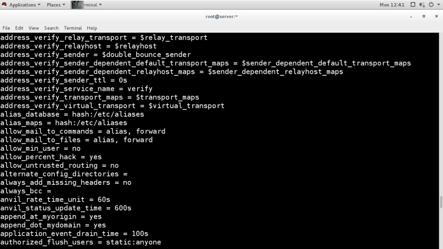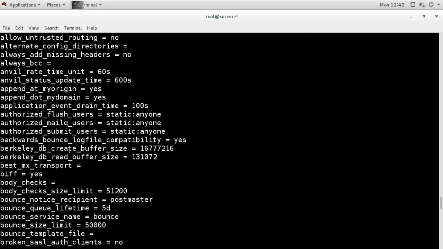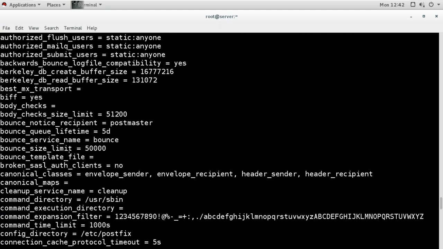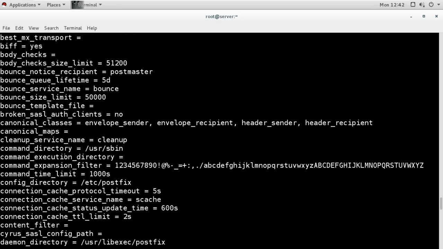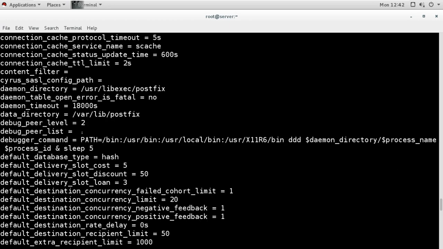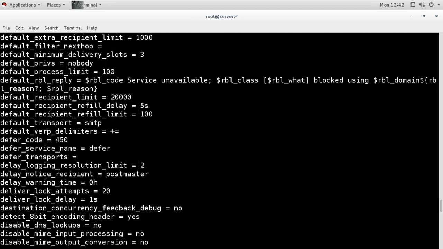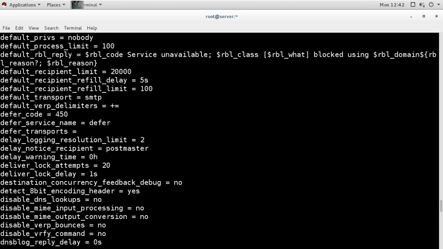These are map, allow, min user, max user, whatever settings are there, authorize, what to do with the bounce mail, with some commands, cleanup, where is the daemon directory, where is the library directory, what is the default, and what is the default transport? SMTP. This is the default transport.